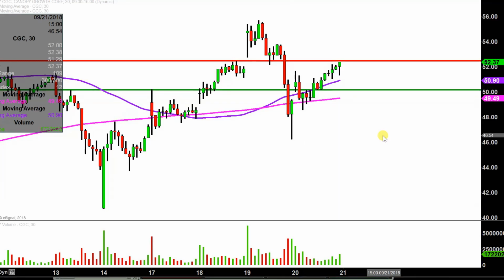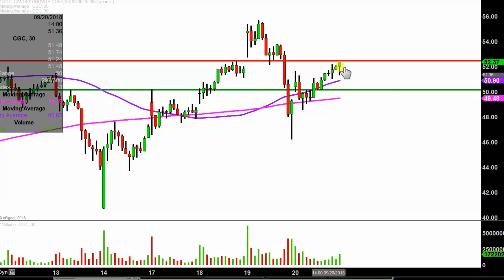Now, the interesting dynamic going into tomorrow is this red line here right around the 52.40 mark. As I talk right now, the price is actually up above 52.40, but there's still a whole lot of time left post-market, and then you have pre-market tomorrow. So I'm just going to assume that the price closed right here, but where it actually gaps to, if there is even a gap at all, I'm sure there's going to be a gap, but where the gap actually opens,